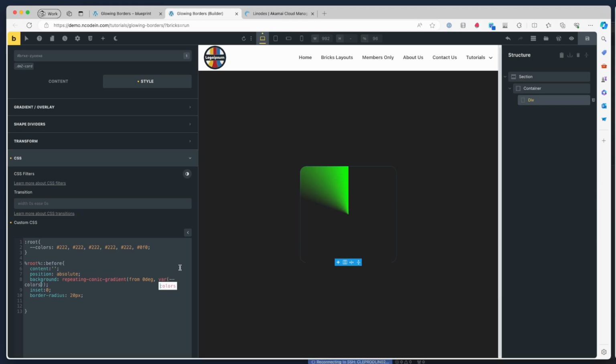And that's what's going to form our border. So we'll leave that like that for a minute. And it's not moving at the moment. We'll get to that in a little while. So the next thing we're going to want to do is we're going to want to copy this. And we are going to go down here and we're going to change this to after. So we're going to create a second one that's almost exactly the same, but this one is also going to